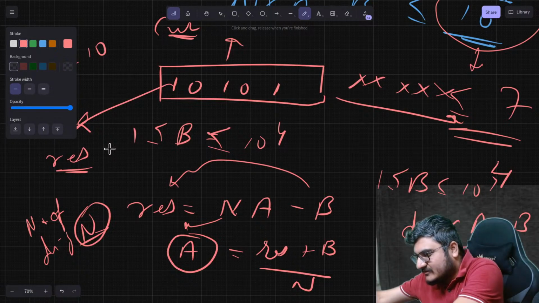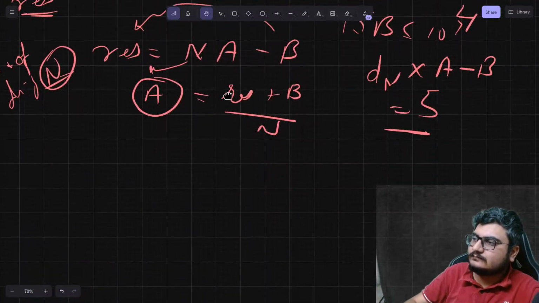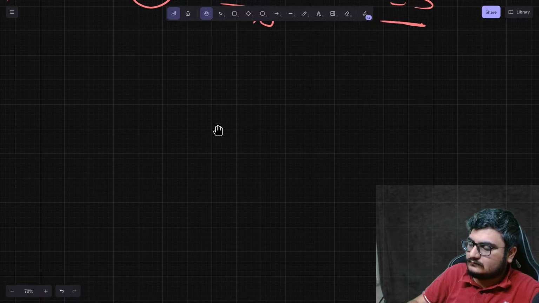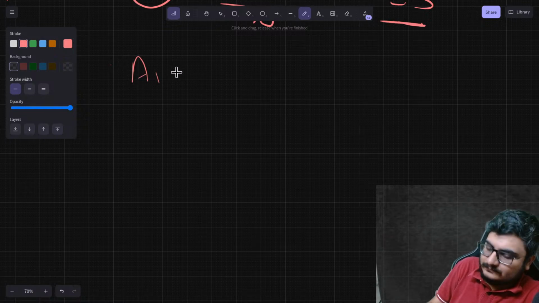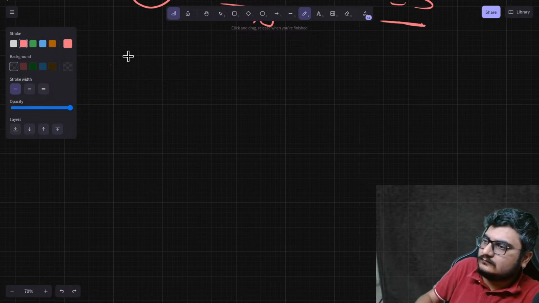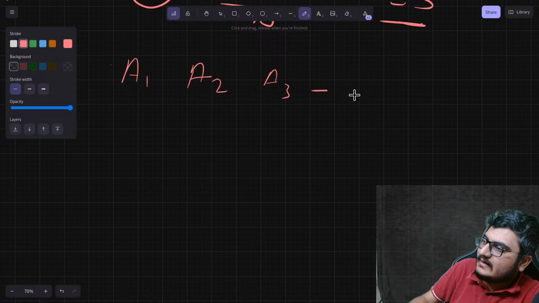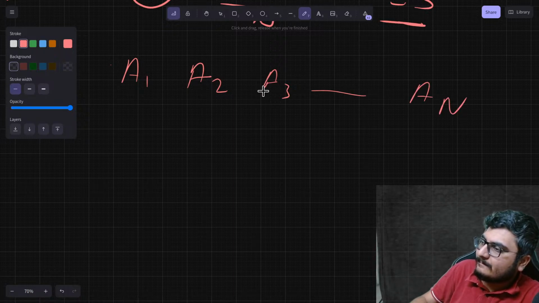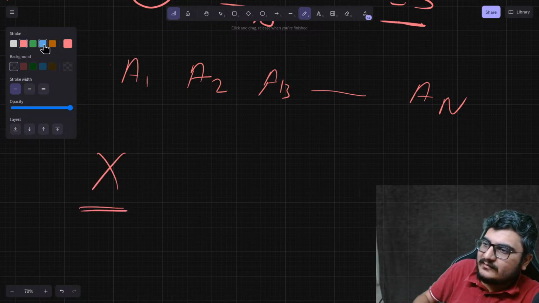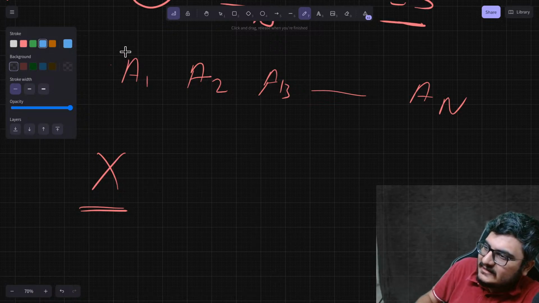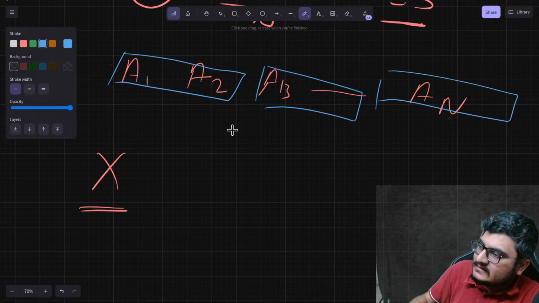So first thing first, what is the problem statement asking us to do? A lot of definitions were involved here. What it says is: a sequence A1, A2, A3 up to AN is given to us, and an integer x is also given to us. And what we have to do is divide it into some segments such that for every segment,